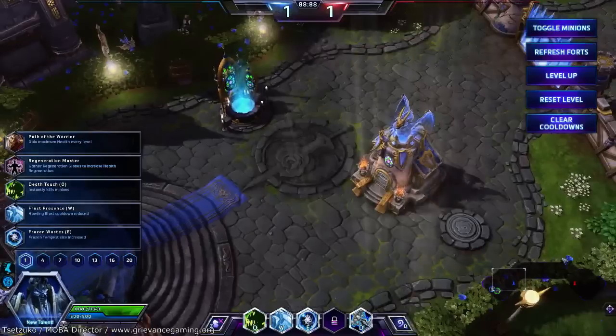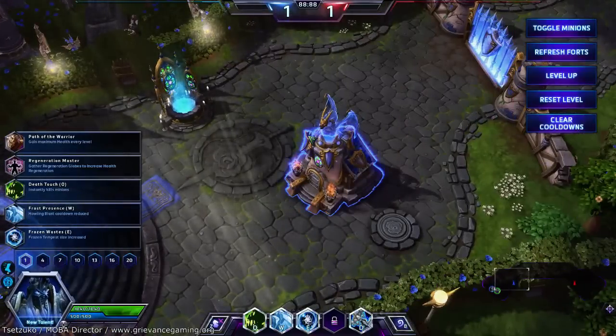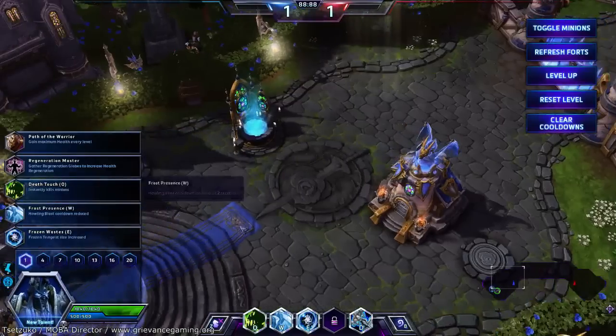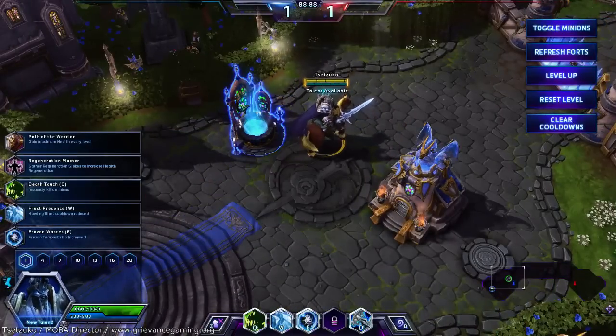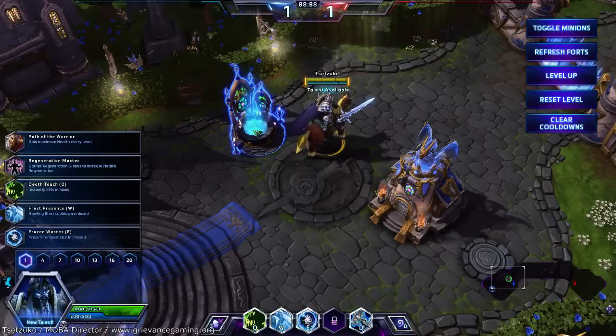So further out here we've got an example of the things that will be in your lane to help you out. First thing you've got here is a fountain, and these fountains you can right click on them and they will give you a charge of health over time and mana over time. So they'll restore a portion of your health and mana back to you over time,